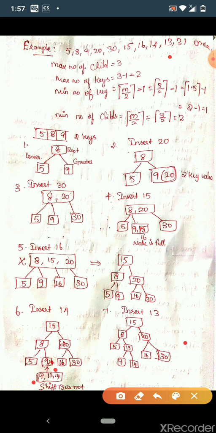And the next step is here. Next you are going to insert 15, 8, 20. So 13 is inserted as a root node. And the left side is 9 and the right side is 14. So here you have to write it in the ascending order. So if you want to insert 13, you have to write it in the ascending order, and you have to move the middle element as a root.